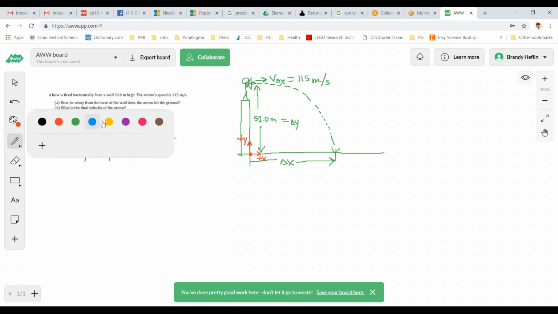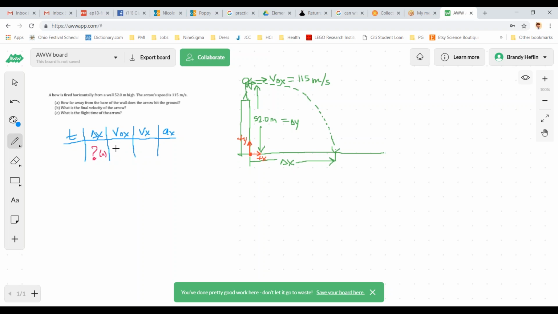Oh no, we'll make it pink because pink is an option. So we're going to do a big old question mark in a fun color, and I'm going to put an A beside it because it's for part A. So we're going to find that in